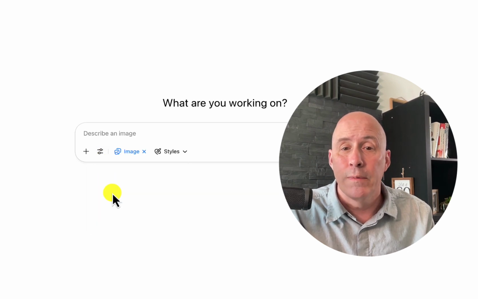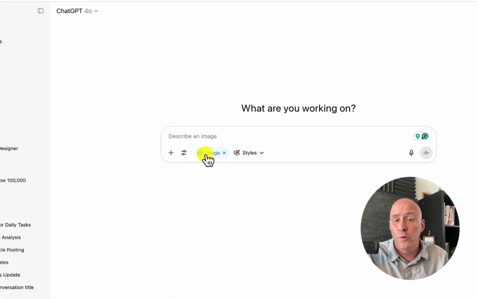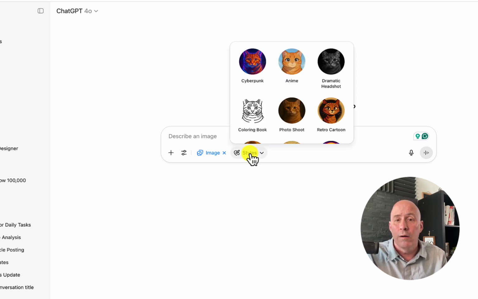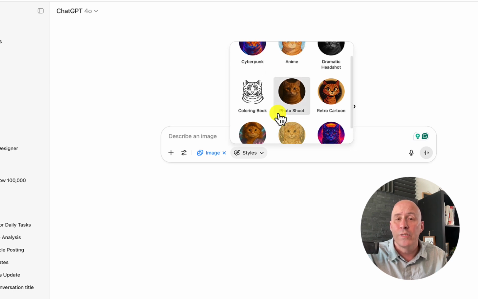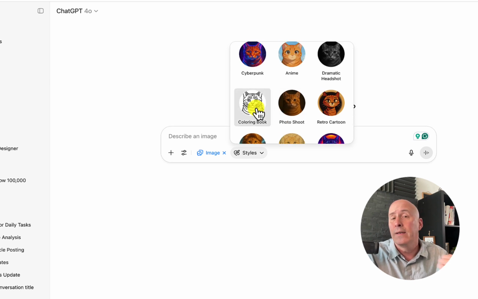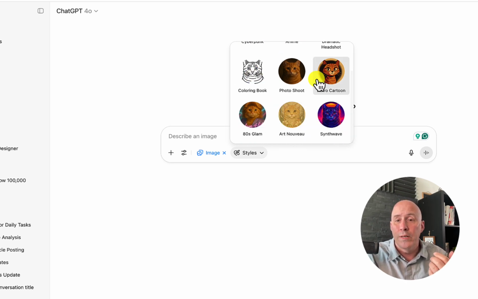Create an Image. From this box, you also have additional choices to consider, such as styles. What type or style of image do you wish to create? So click here, and as you can see, there's a number of different styles that you can consider. If you like to create coloring books, there is a coloring book style, or anime, cyberpunk, retro cartoon, all sorts,